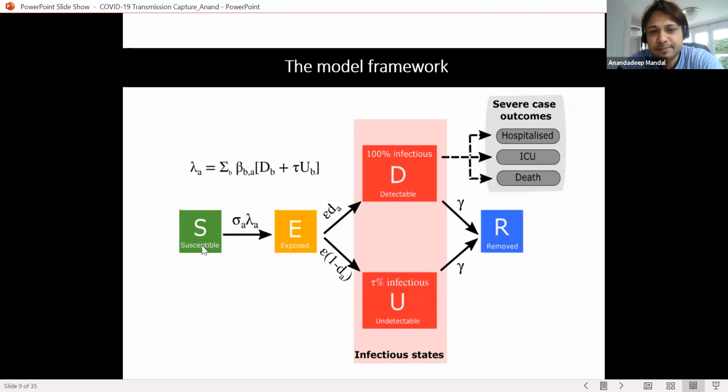So we had the susceptible state, which I just illustrated. So a part of the population is susceptible. They get exposed. Once you get exposed, you enter into the infectious state. In the infectious state, you might be detectable, that is, you have the symptoms, or you might be undetectable. If you're detectable, then you can be hospitalized, you can go to ICU, you can be unfortunate, and whatever is the case, all of them lead to the removed state. You are cured, you are discharged, or yeah.